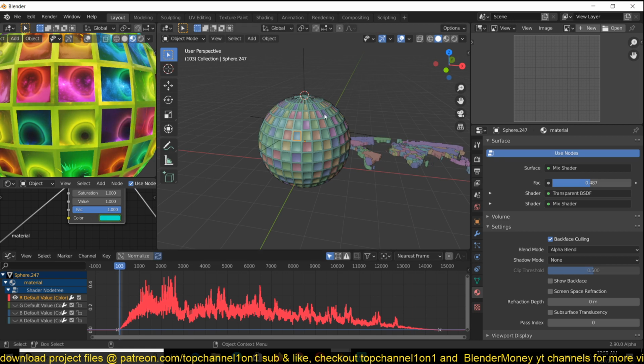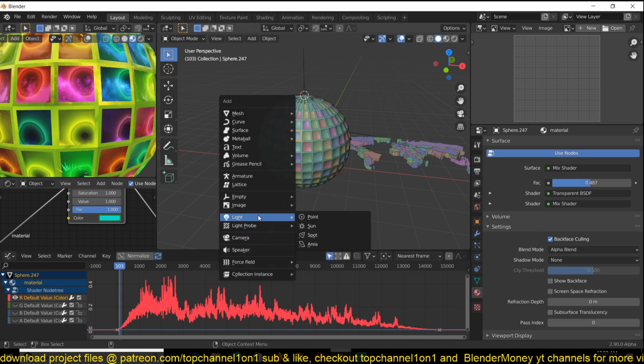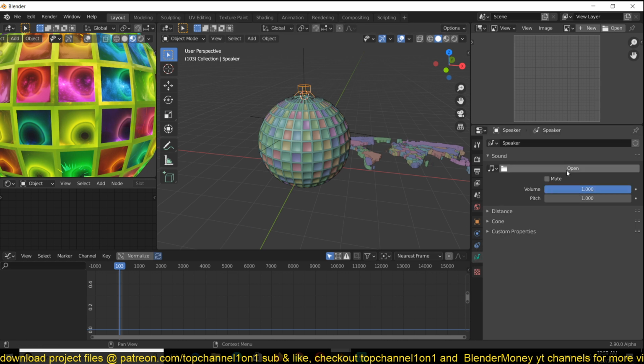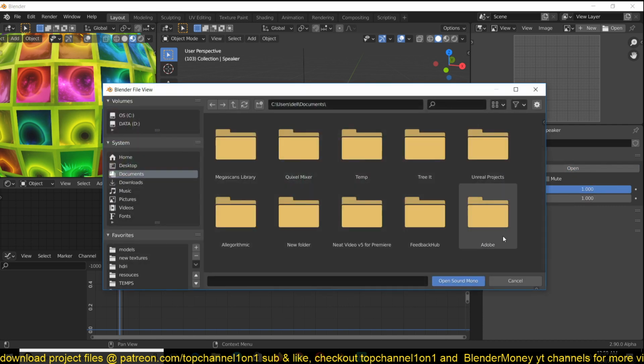But I should also add that in as an audio track so that you can have a listen to what the sound is. I'm just going to add a speaker, which is an object I rarely use, but I think this time around it's something we can use.